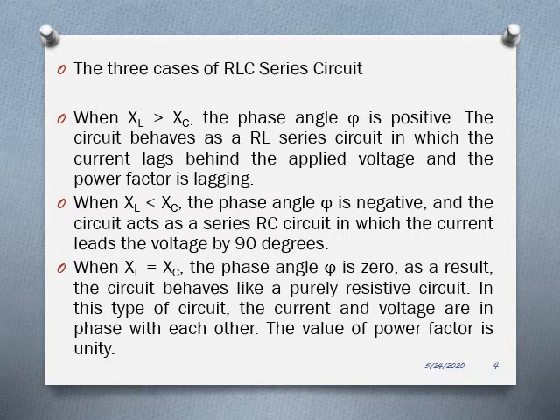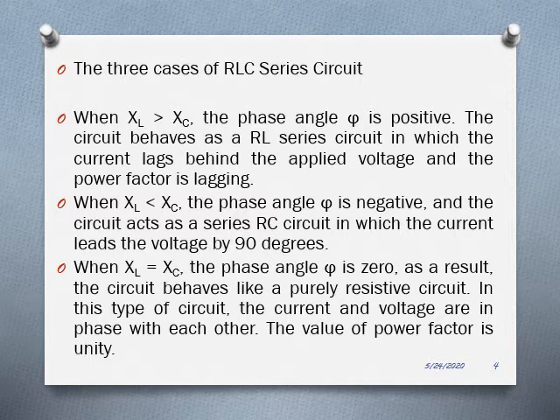So as said, three cases we have to deal with. The first case is when XL is greater than XC, which means that the circuit will be having more inductive reactance than capacitive reactance. So the circuit will be inductive in nature. Since it is inductive in nature, the current will be lagging the voltage. There will be a lagging power factor, just as in the case of an RL series circuit.